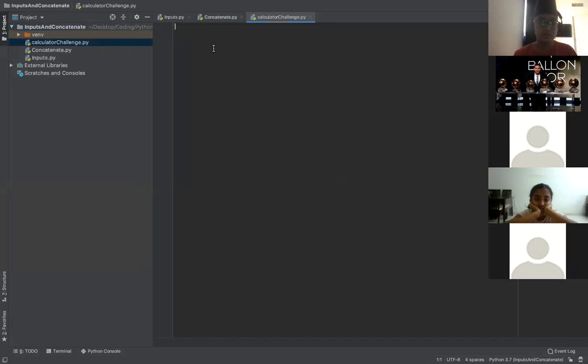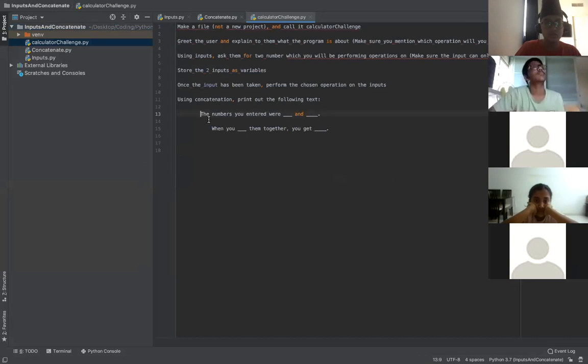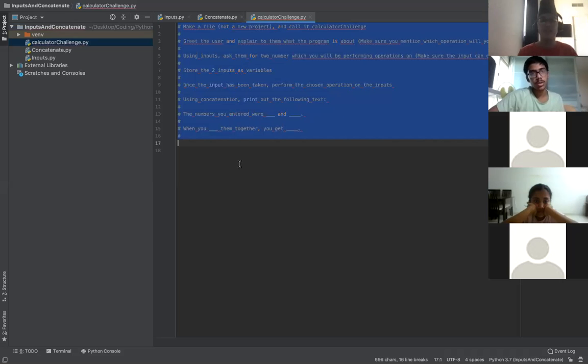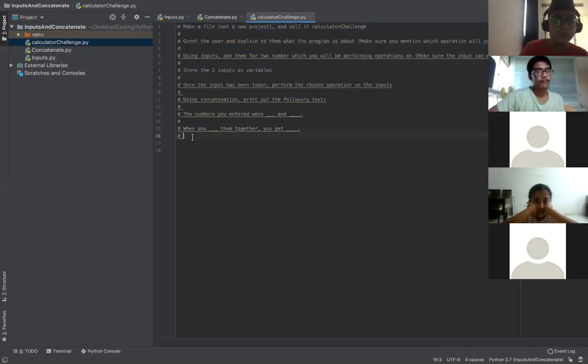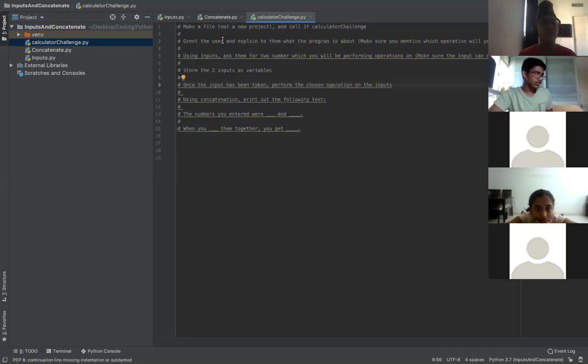Just paste this, and I'll just comment all of this so we can view it. Okay. So now that everything's commented, we can begin to go through the thing. So we've done the first step. We've made a file and we've called it calculator challenge in the original project. So the next thing we're going to do is greet the user and explain to them what